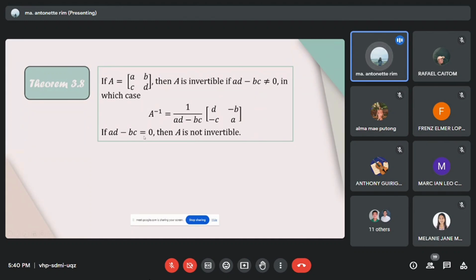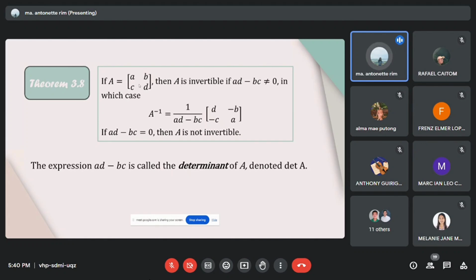So una nato pangitaon is AD minus BC. If pag-compute nato sa AD minus BC, the answer is 0, then A is not invertible. So unsay pasabot ana? Meaning walay inverse ang atong matrix. So the expression AD minus BC is called